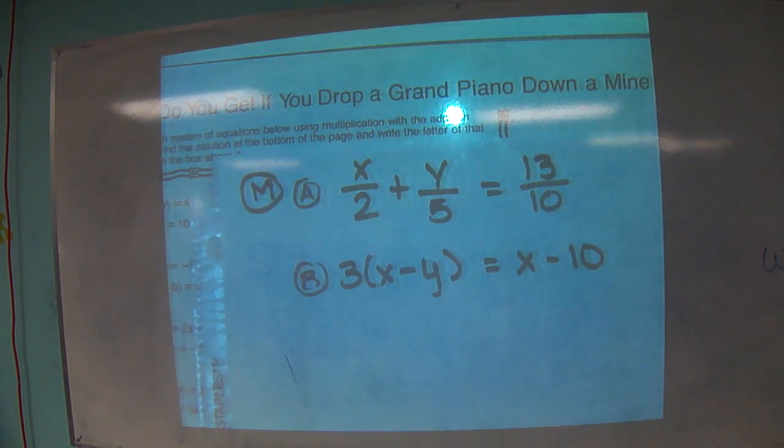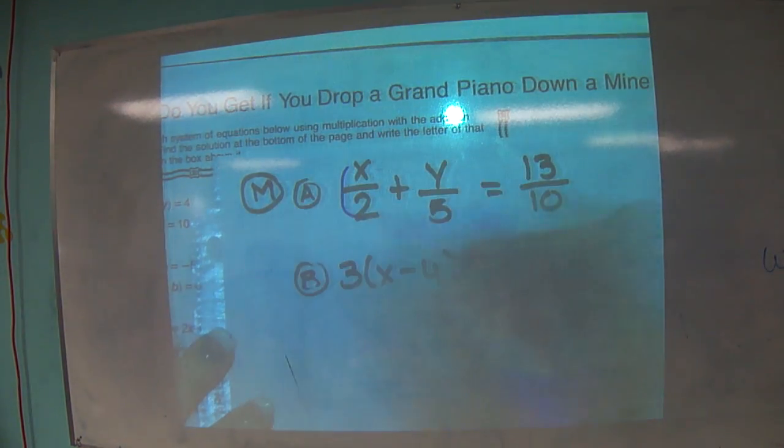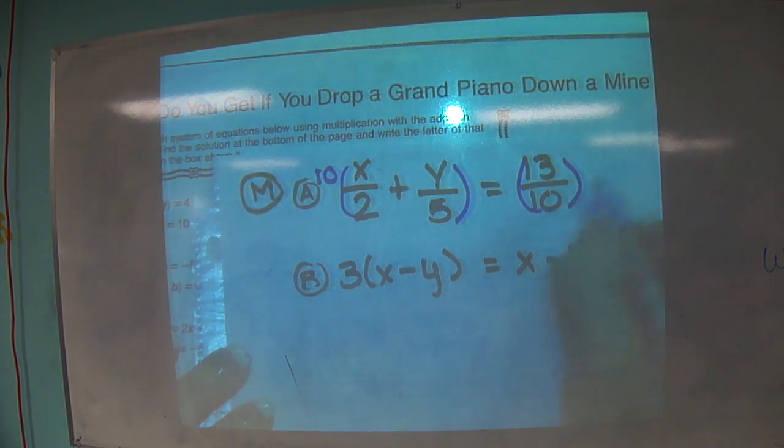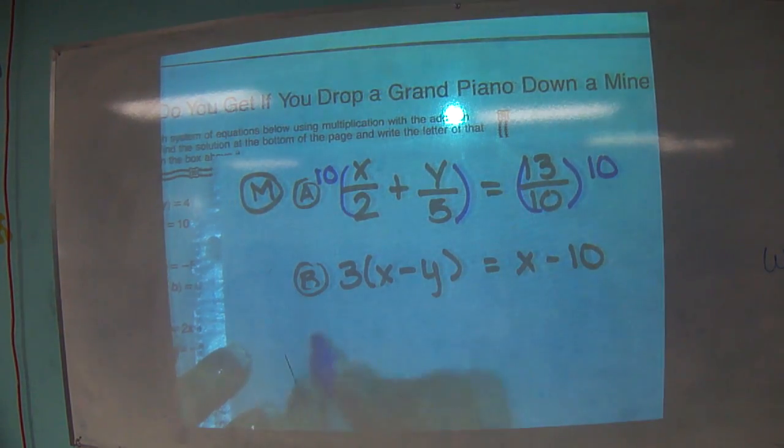So, in other words, for getting rid of the denominator. So what would we multiply both sides by to get rid of the denominator? It would be the common denominator. So what would we multiply both sides by? 10. So we're going to multiply both sides of the equation by 10. So A prime winds up being,